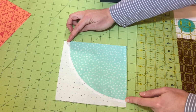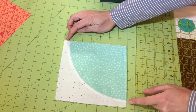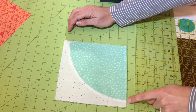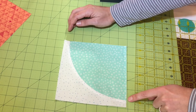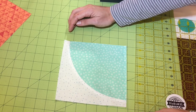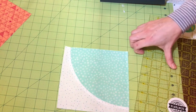For this particular block, we are going to leave about 1/2 inch to the outside so that when we sew our blocks together, it'll create a circle, but there'll be about 1/4 of an inch of background fabric all the way around. So that's going to vary depending on the pattern you're working from. Sometimes you may leave more space here if you're wanting more of this fabric to show. Okay, so the first thing to do is